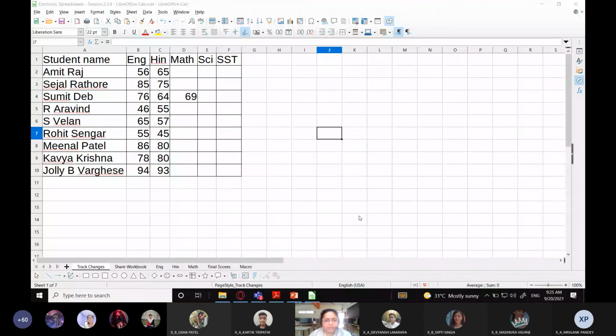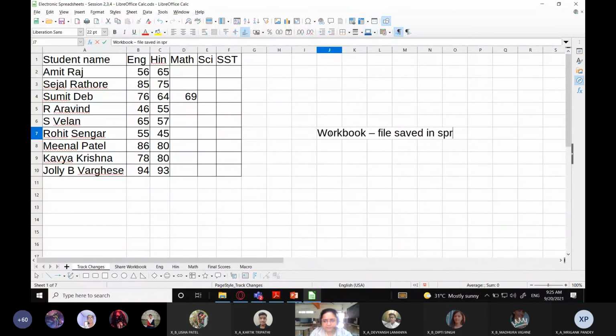Now first thing I need to tell you, students, is that one file which you create in any spreadsheet application, whether it is LibreOffice Calc, OpenOffice Calc, or Excel, is known as a workbook. This is a file saved in spreadsheet.